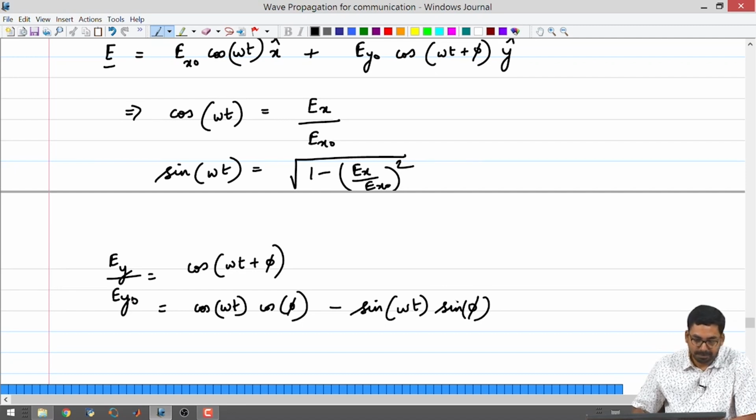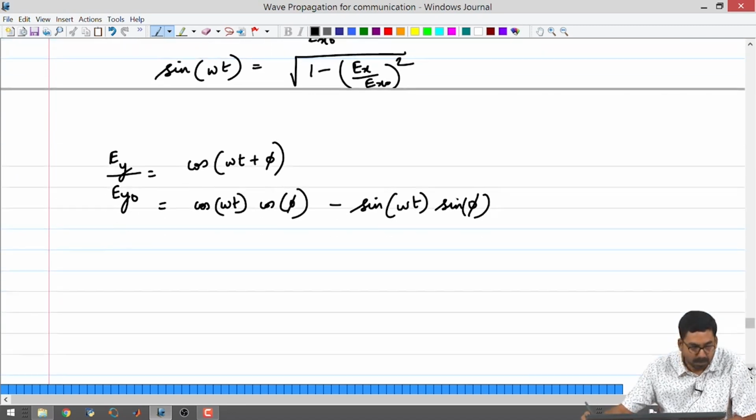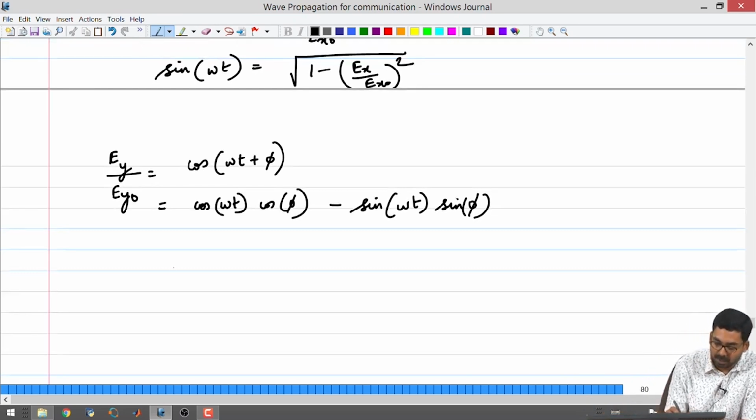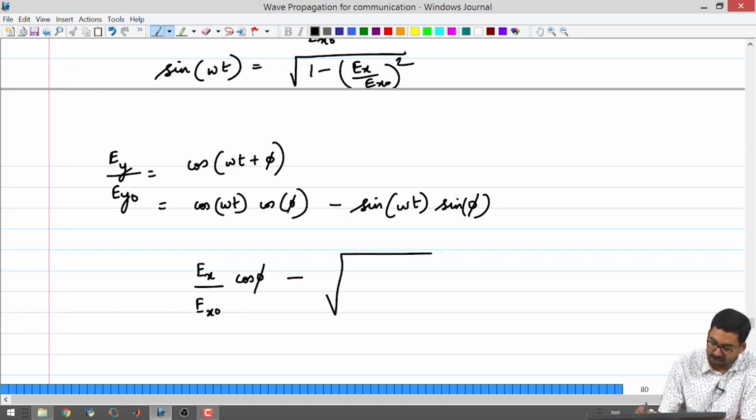This means that I can write down the expression as Ex by Ex naught cos phi minus square root 1 minus